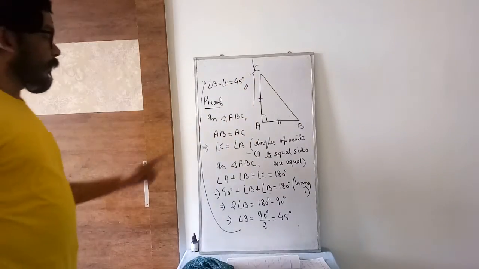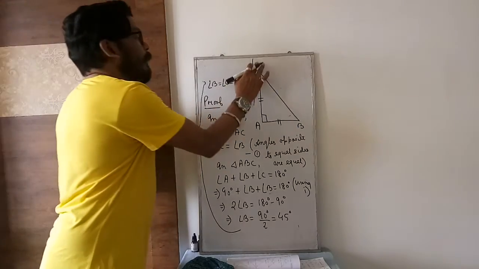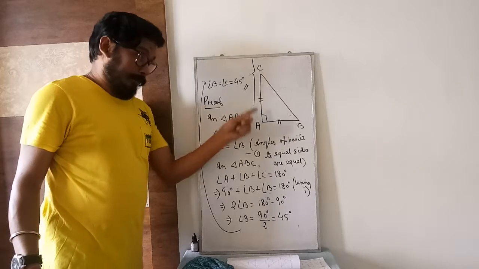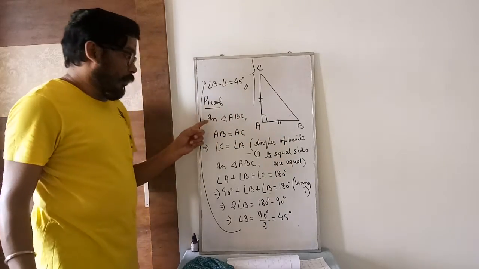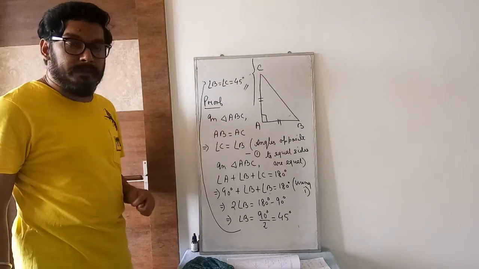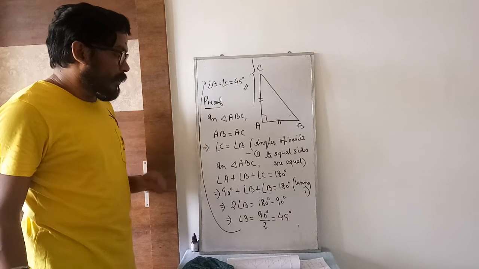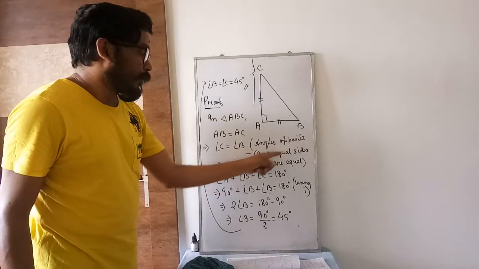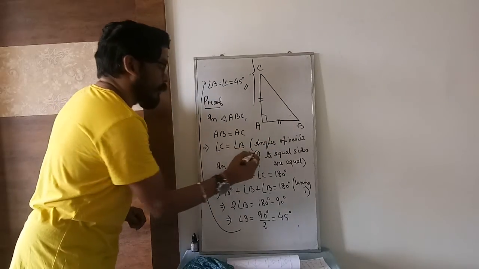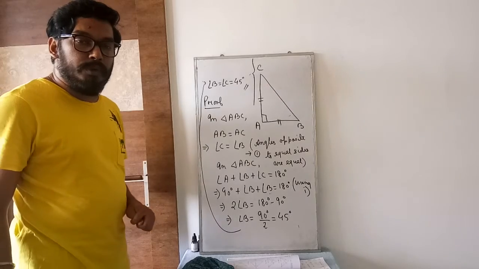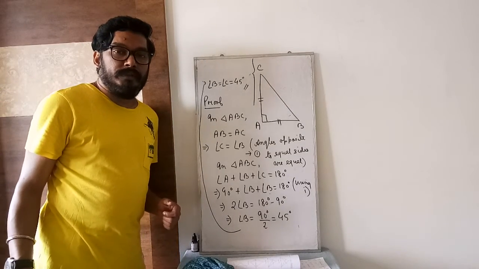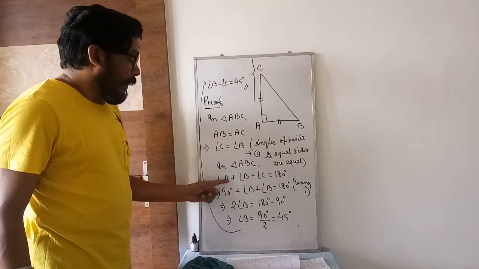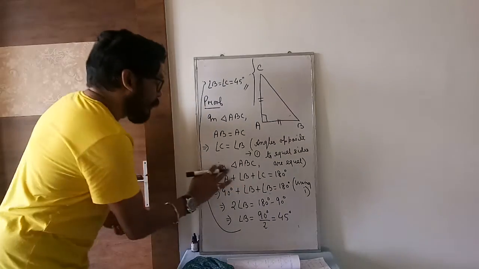I repeat again. This is the triangle given where angle A is 90 degrees, meaning this is a right angle triangle. In triangle ABC, AB equal to AC is given. AB opposite angle is C, AC opposite angle is B. I have written the theorem, angles opposite to equal sides are equal. You have given it as equation 1. After that we have used the property that the sum of the angles of a triangle is equal to 180 degrees. In triangle ABC, angle A plus angle B plus angle C is 180 degrees.